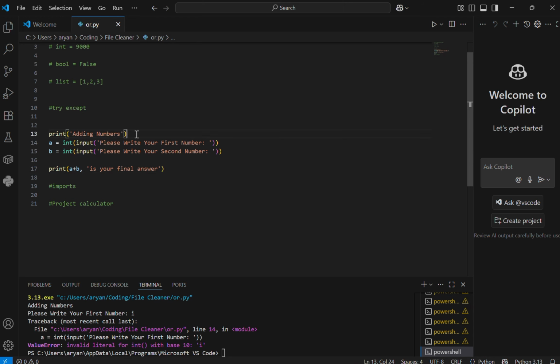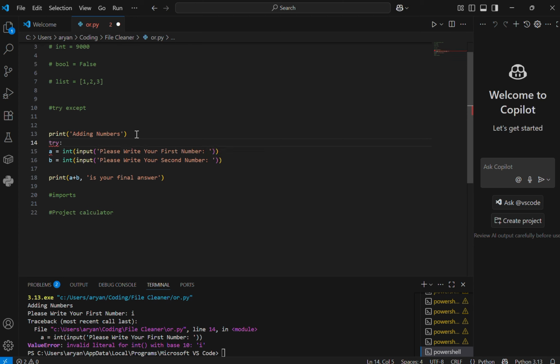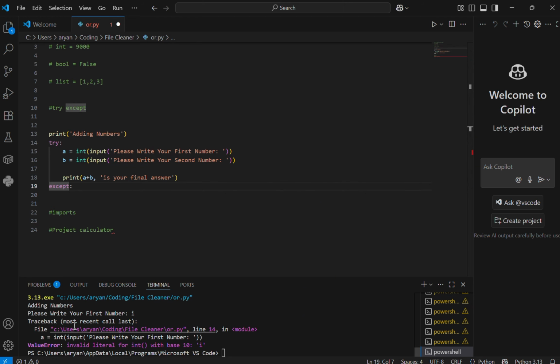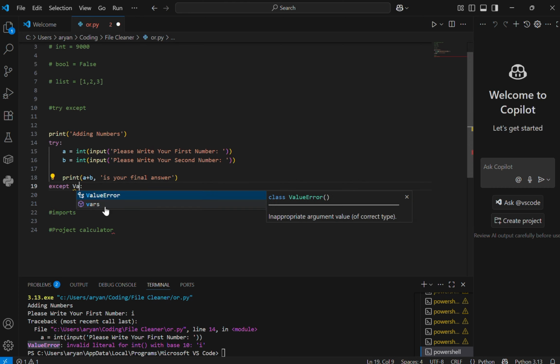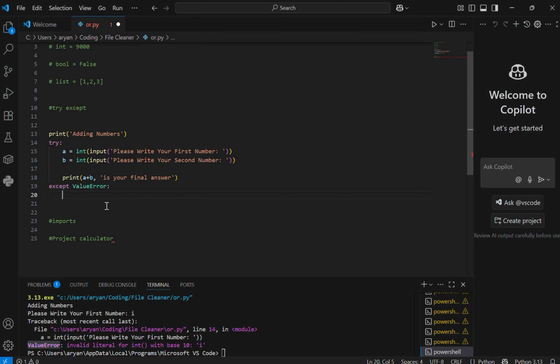So what we can do is something like try and except. You try doing this. If it doesn't work, this is basically what you're saying to the computer: hey, try this. If it doesn't work, instead of yelling at them, we're gonna do something else. But before I show you how except works, you see how it says ValueError? This is what you're gonna want to pay attention to. So we can do except ValueError, print